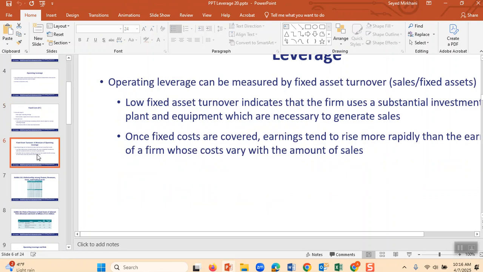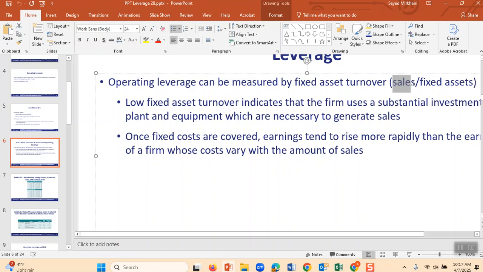And operating leverage means fixed asset turnover, which is sales divided by fixed assets. Let's say McDonald's sells $1 million every year, and the fixed assets it has, the equipment, is $500,000. When you divide 1 million by $500,000, you get two.